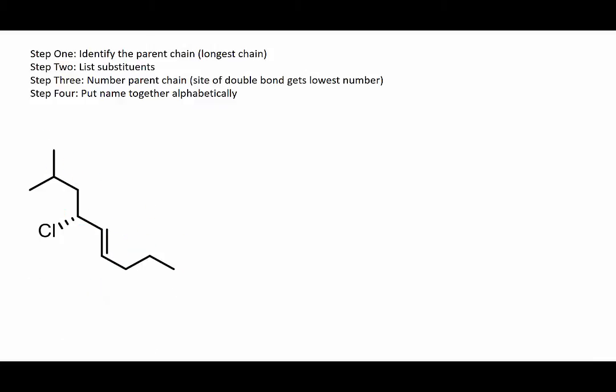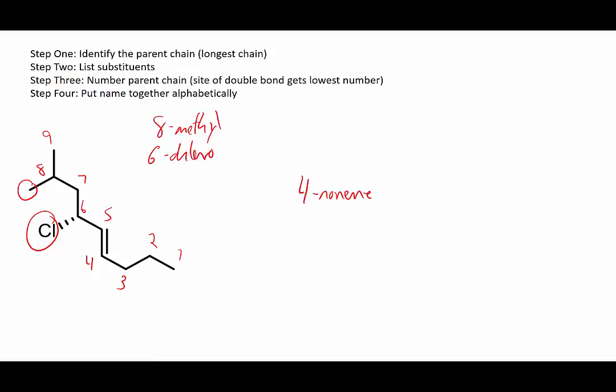So let's go back through and redraw the numbering so it's not confusing. 1, 2, 3, 4, 5, 6, 7, 8, 9. So this will be a non-ene. It would be 4-nonene as our parent. The next thing that we need to include is the substituents. We have an 8-methyl group and a 6-chloro group. So 8-methyl and a 6-chloro. We're going to list these alphabetically, so we're going to put chloro first. So this is 6-chloro, 8-methyl,